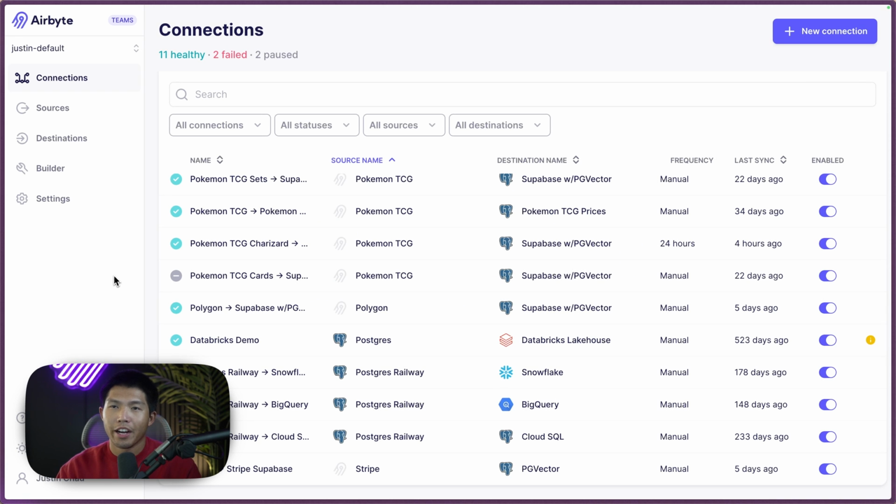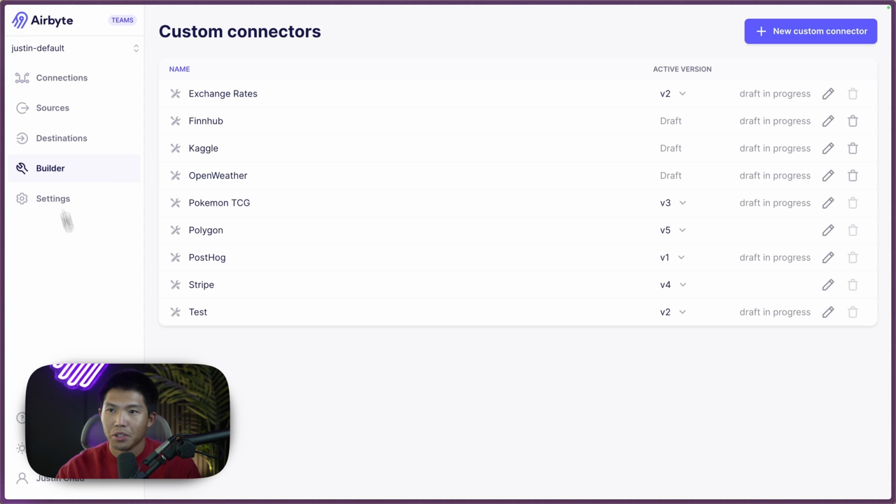So let's get into this first part of the video where we're going to be setting up the Stripe API using the connector builder inside of Airbyte. All right, so I'm in the Airbyte UI right now on Airbyte Cloud. I'm going to head over to the builder section here, and I've already created it, but if you wanted to